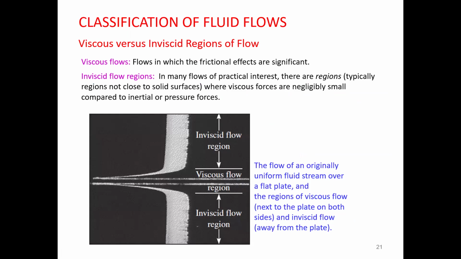Now we will go for the classification of fluid flows. Depending upon the flow nature, the fluid is classified into various types. First, we will talk about viscous versus inviscid flow. Viscous flow, in the sense, is the flow in which the frictional effects are significant. Frictional force, in the sense, is the stickiness property. The flow in which the stickiness property is more, that kind of flow is known as a viscous